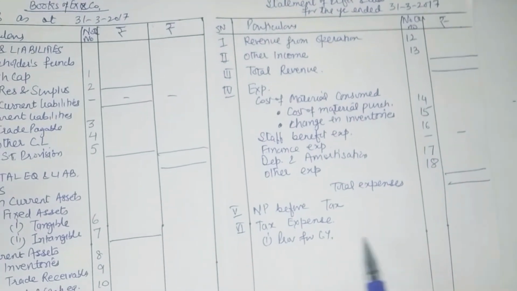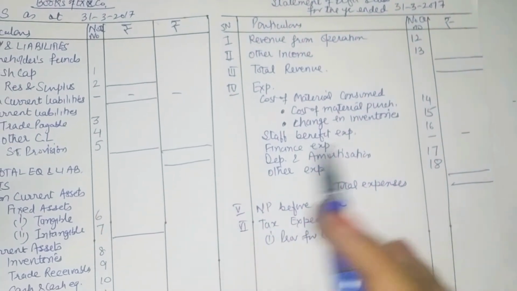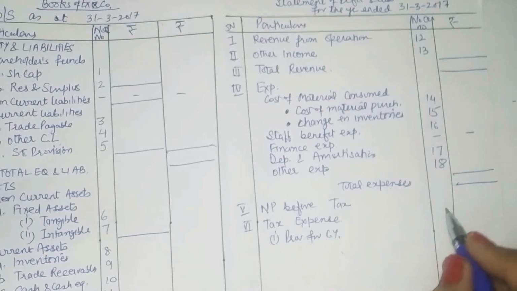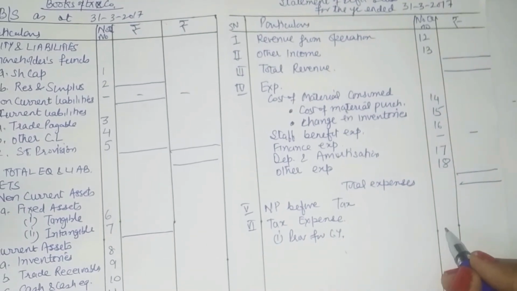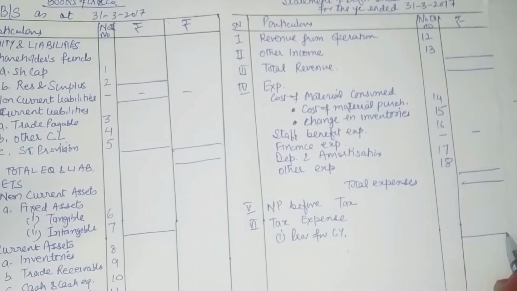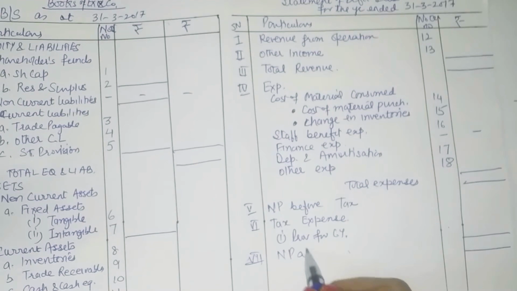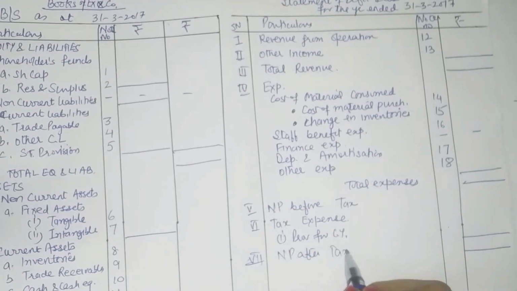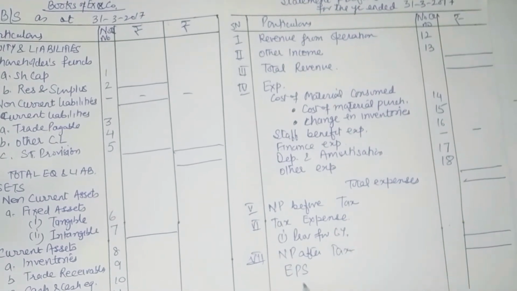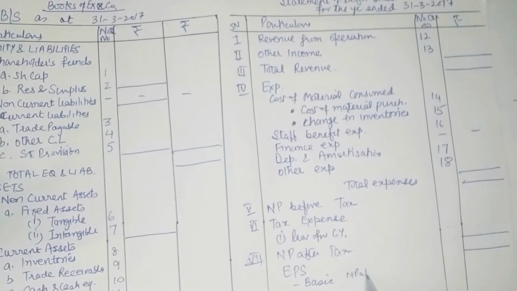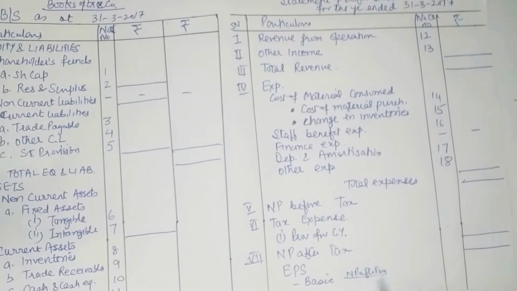It means everything has been settled. So it is only for the current year, and if any deferred tax liability is given, it will also be recorded. Alright, so provision will be provided for, and this will give you net profit after tax. And then EPS can be calculated at the basic rate, that is net profit after tax upon number